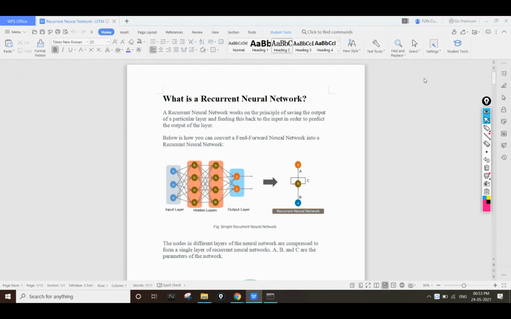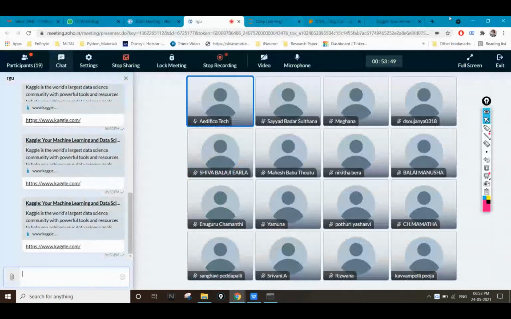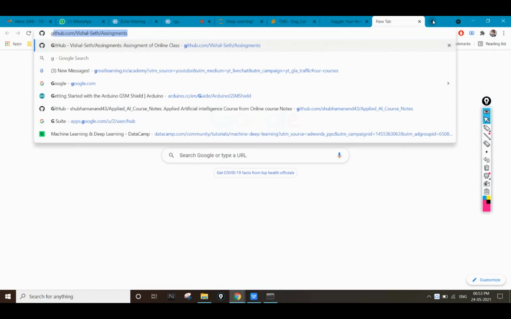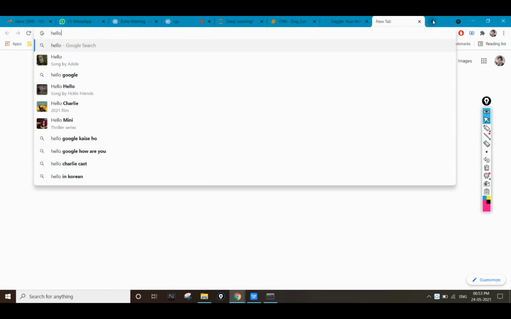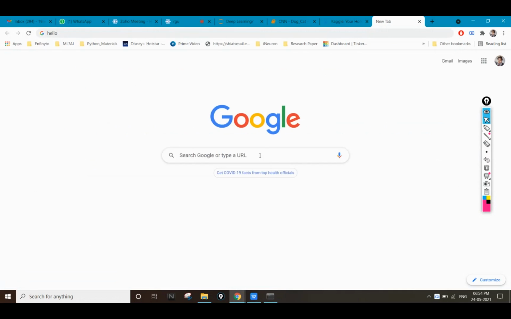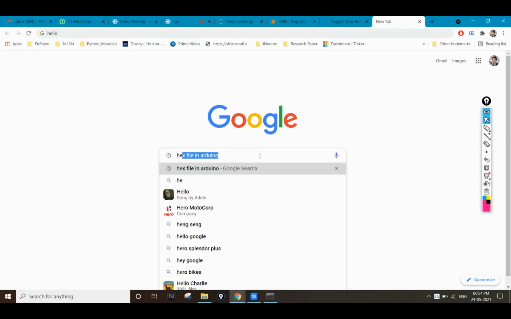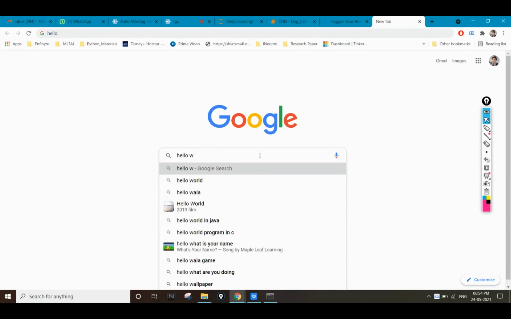I think all of you have used Google. See, whenever I'm typing anything, like here I'm typing hello, Google is giving me recommendations of what things are available. If I'm writing any text document in my Gmail also, you can see that different types of recommendations are given to you.